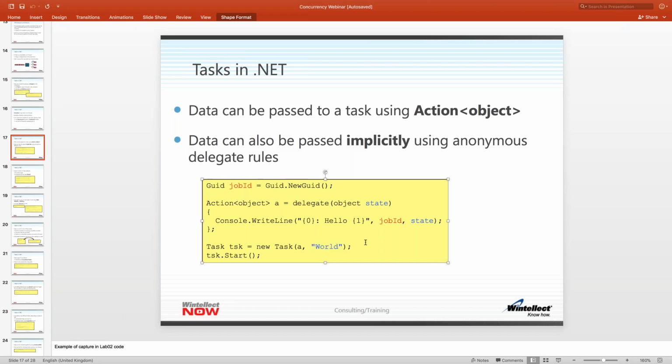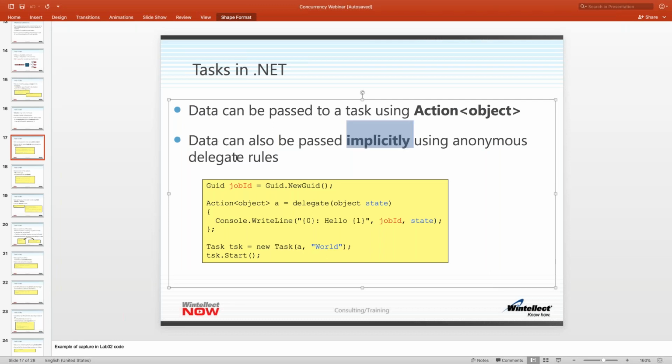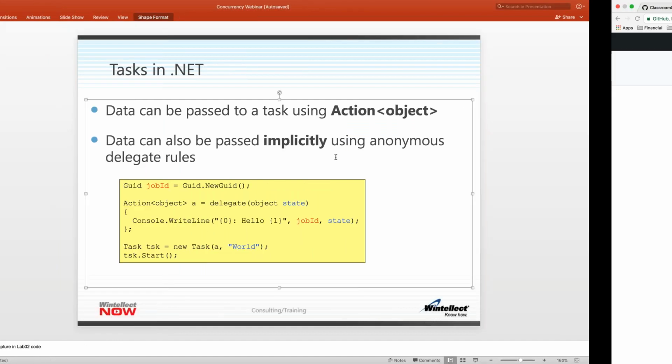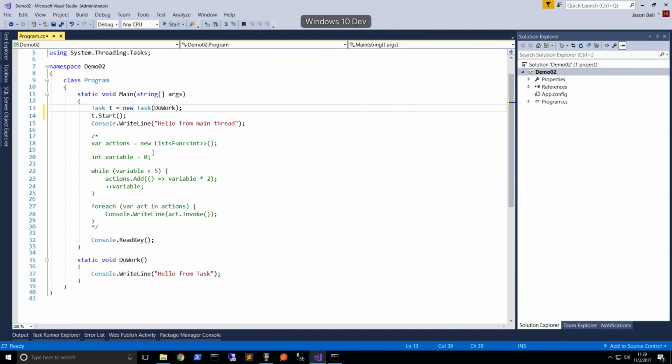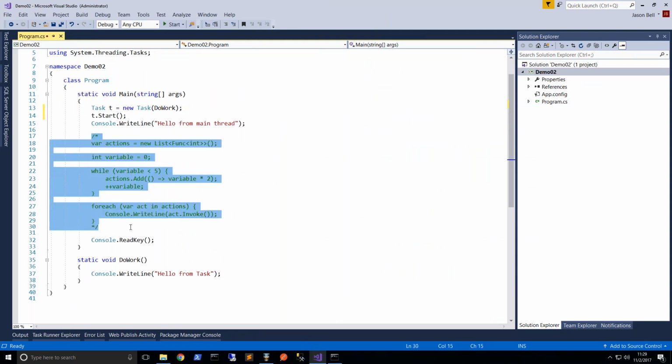without introducing shared state by just having the task access some variable that it can see, right? Now, in the slide here, it says data can also be passed implicitly using anonymous delegate rules. And this is another one of those points where people get a little bit tripped up if they don't understand what's happening. So I've got a little example back here in the demo, and this is the code that's commented out. I just wanted to show this, which is